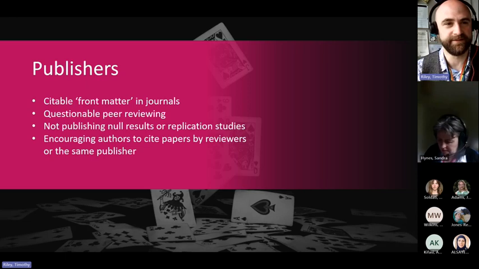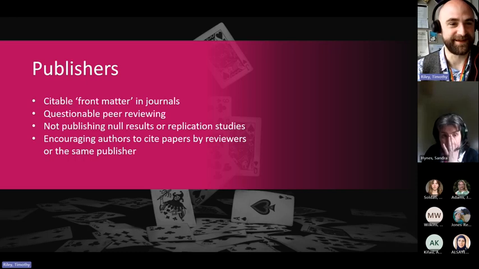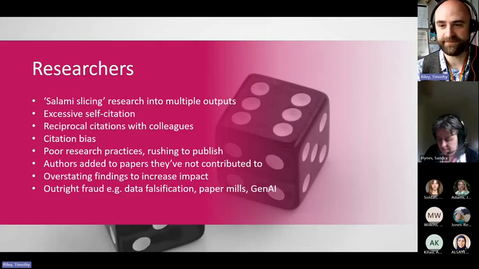So that can skew the literature that's published. Or you might get authors maybe citing papers by people they think might be reviewing the paper, to try and get a more favourable outcome for their review process potentially. So something else that could potentially happen. Issues for researchers as well. They might